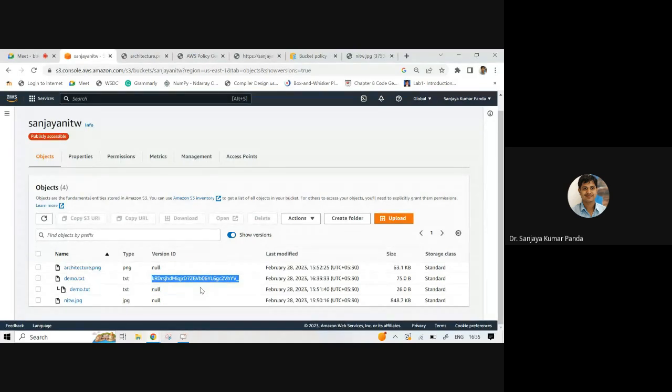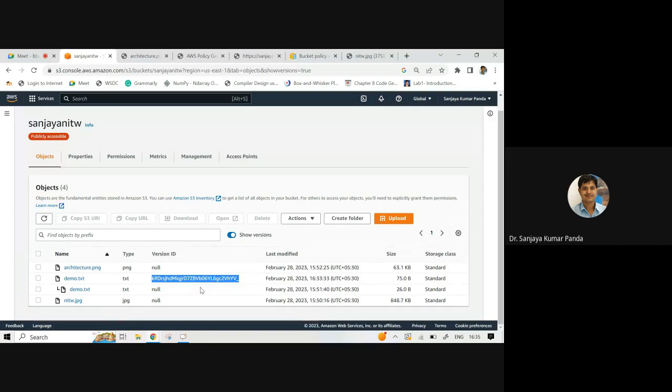Like whenever you are designing a particular software, suppose you have released version 1.0. You found there is some minor bug, so you released version 1.1. Again some bug, version 1.2, version 1.3, version 1.4, and so on.